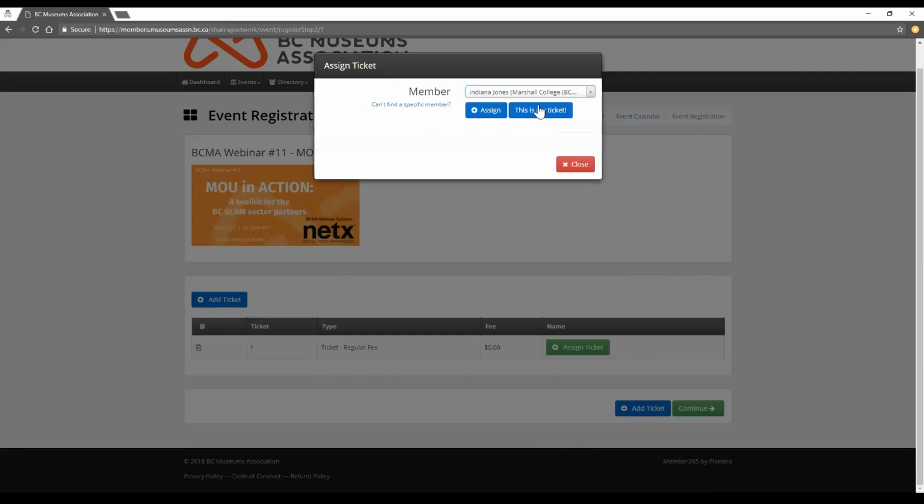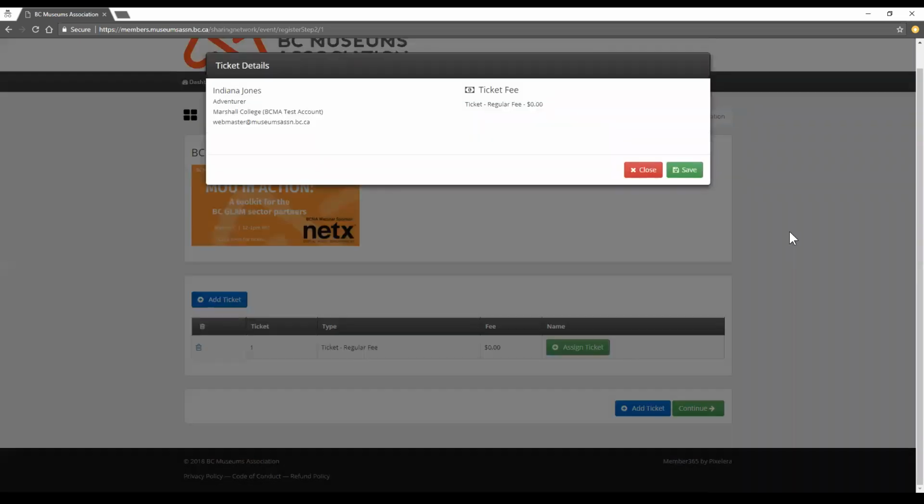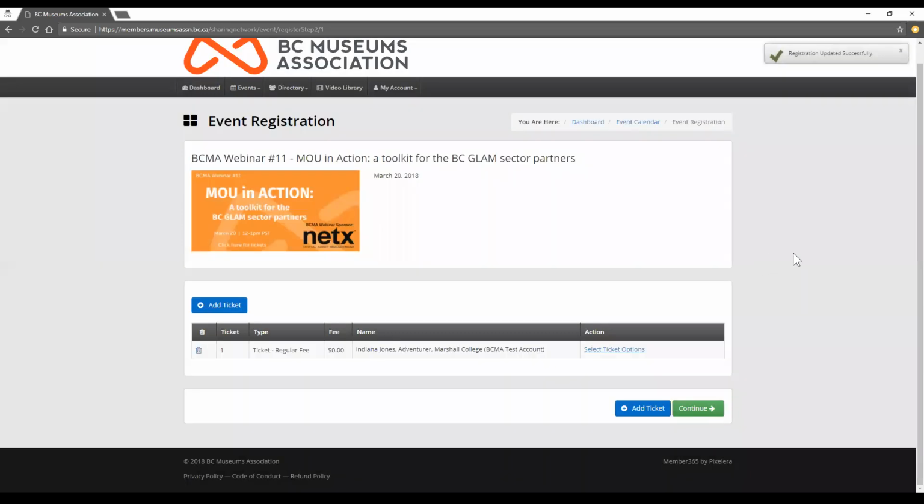So let's say you're purchasing it for somebody else in your organization, you can put that in there. They do need to have a portal account to see that. I'll just click my ticket for now. I've assigned it. I'm going to save that. And then I can continue on